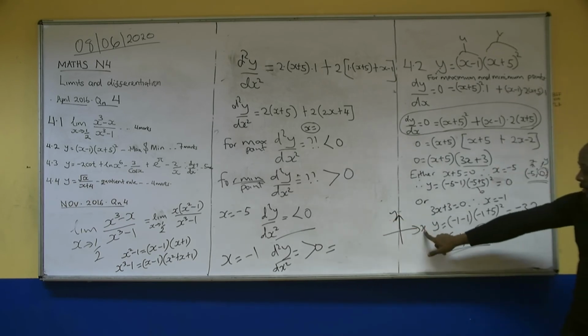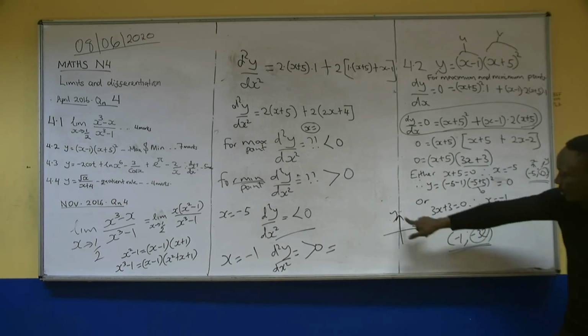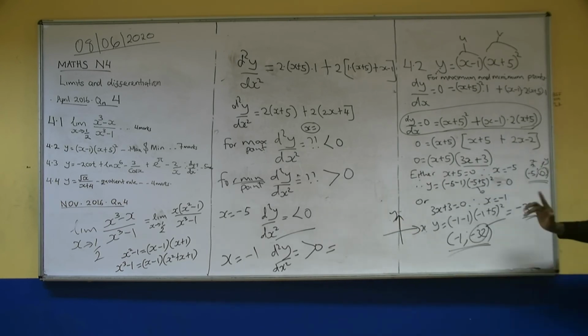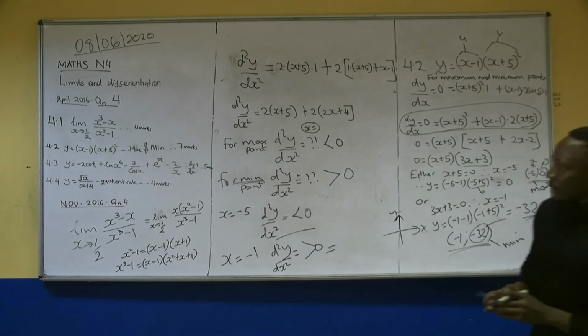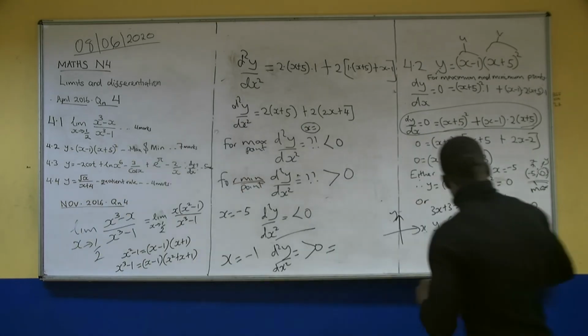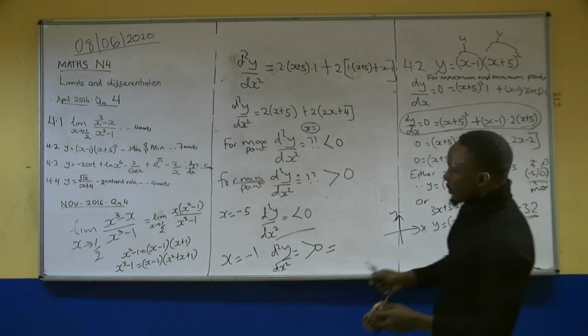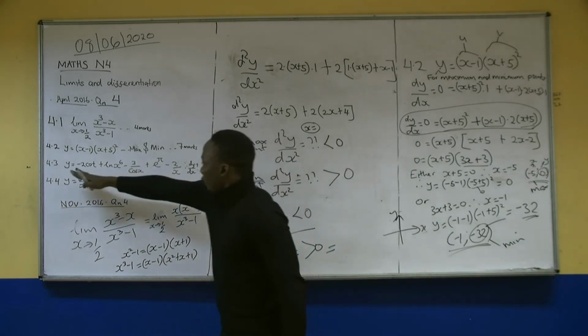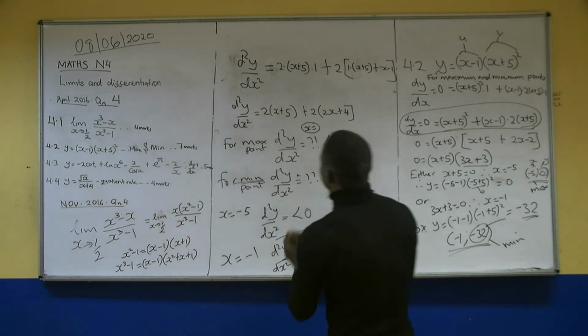on the coordinate system y, x, this is the independent variable and this is the dependent. It means that the maximum is determined by the values of y. 0 is greater than negative 32, so this one will be the maximum and this one will be the minimum. You go and check it. Now, this is the minimum, maximum.